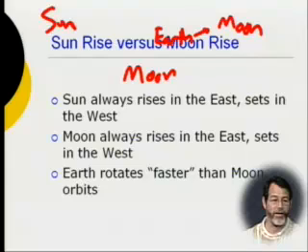The Earth is spinning faster than the moon is going around. So to a first approximation, the moon is just static. It's like stapled into the sky. It's like one of the stars, and like the sun. And so the Earth's rotation keeps overriding it. So everything sets in the west. So the Earth rotates faster than the moon.